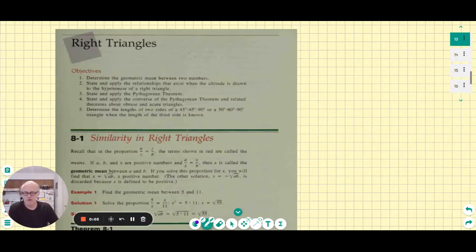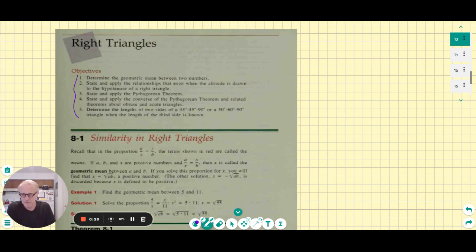All right, well, hello, and we are going to jump on into the 8th chapter, which deals with right triangles. The main objectives in this chapter are to determine the geometric mean between two numbers, to state and apply the relationship that exists when the altitude is drawn to the hypotenuse of a right